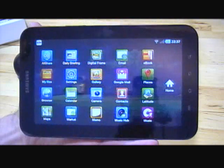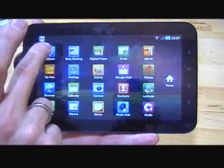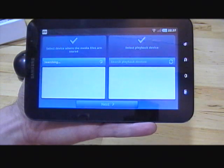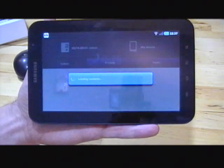So AllShare is the DLNA application, which allows you to take media from one device and send it to another device or the current device. It is easy to use, but my